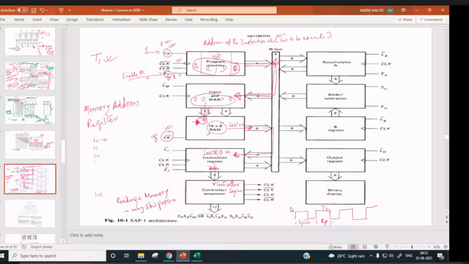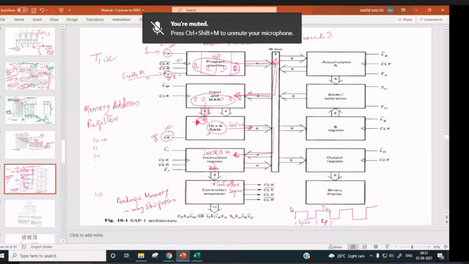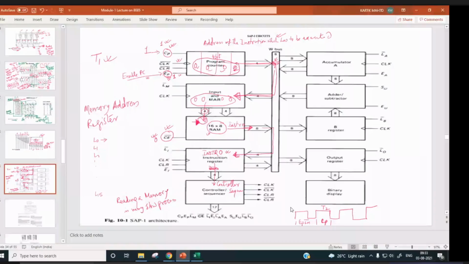Now it will be decoded and execution of the instruction will start. This is T1, this is T2, this is T3, and from T4 onwards, T4, T5, T6, whatever instruction is stored in this RAM location will be executed.